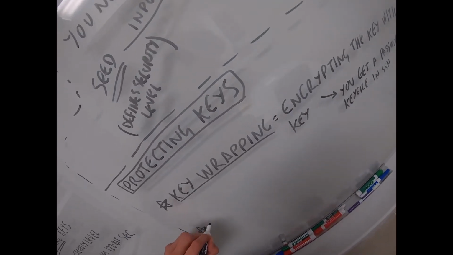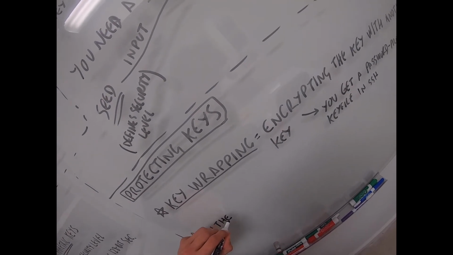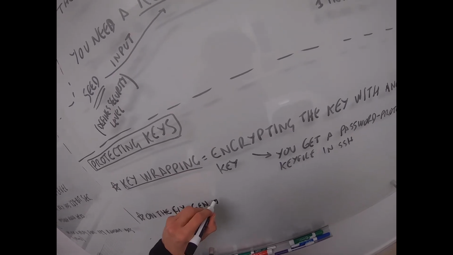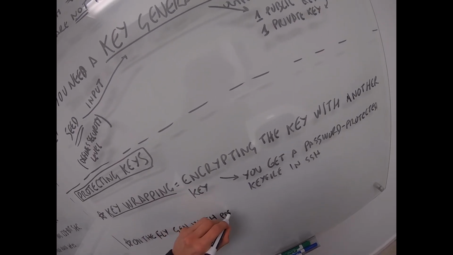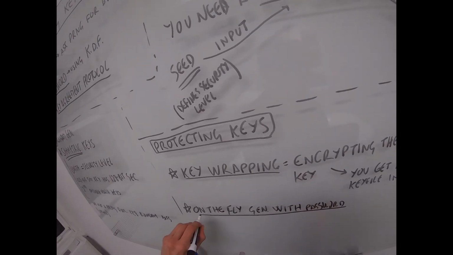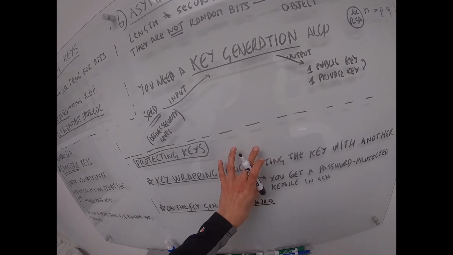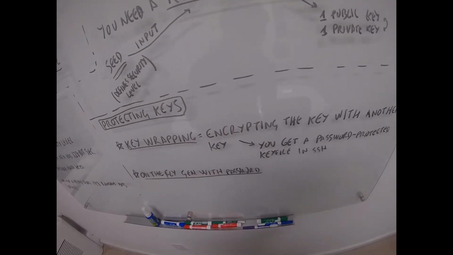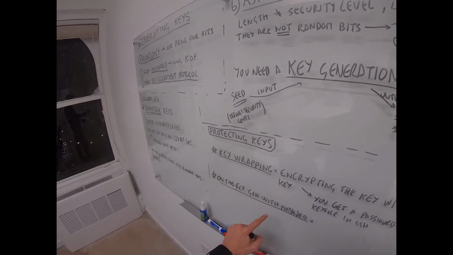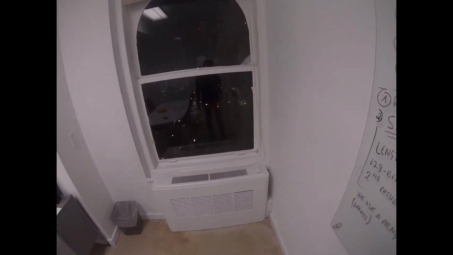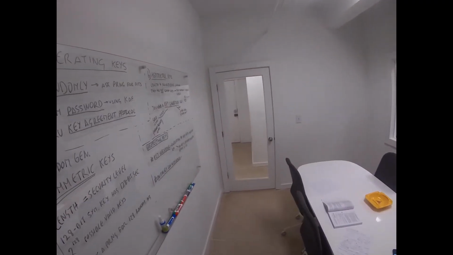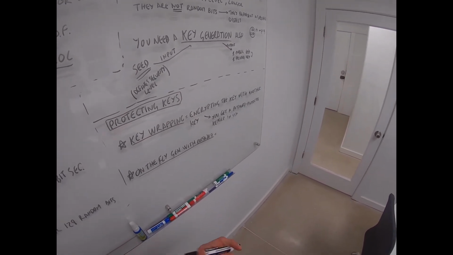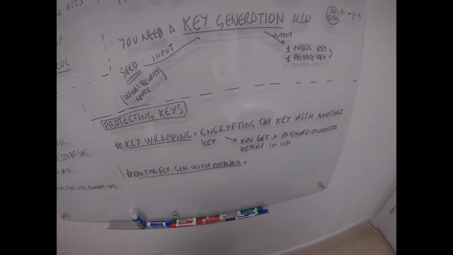Okay, on-the-fly generation with password. Okay, very long. What does this mean? The idea of this one is that we do not have any key file saved on our system. So that's what on the fly, generation with password, means. That means that our key is automatically encrypted with a password. And that means that without getting access to any encrypted key file, I can already try to use these passwords to get my private key. Okay, and so